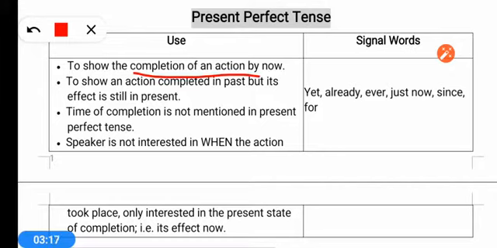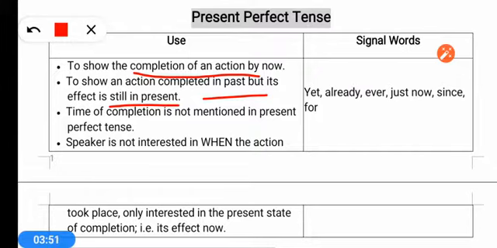Next one is to show an action completed in past. It was completed in past, but its effect is still now. For example, if I have to say that I have done my graduation, I did graduation many years before, but its effect, it is in effect till now. That's why I say that I have done my graduation. I don't say that I did my graduation, I say I have done. So any action which you did in past, but effect is still now, then we